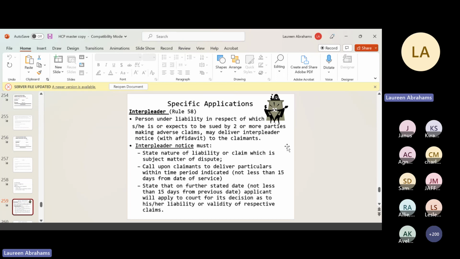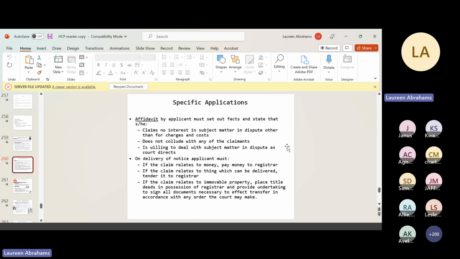she is or expects to be sued by two or more parties making adverse claim may deliver an interpleader notice with affidavit to the claimants, the two people who are claiming it, the sheriff and Woolworths, or the two estate agencies, right? The interpleader notice must state the nature of the liability or the claim, which is the subject matter of the dispute. Call upon the claimants to deliver particulars within time period indicated, not less than 15 days from the date of service, and state that on a further stated date, not less than 15 days from the previous date, the applicant will apply to court for its decision as to his or her liability or validity of the